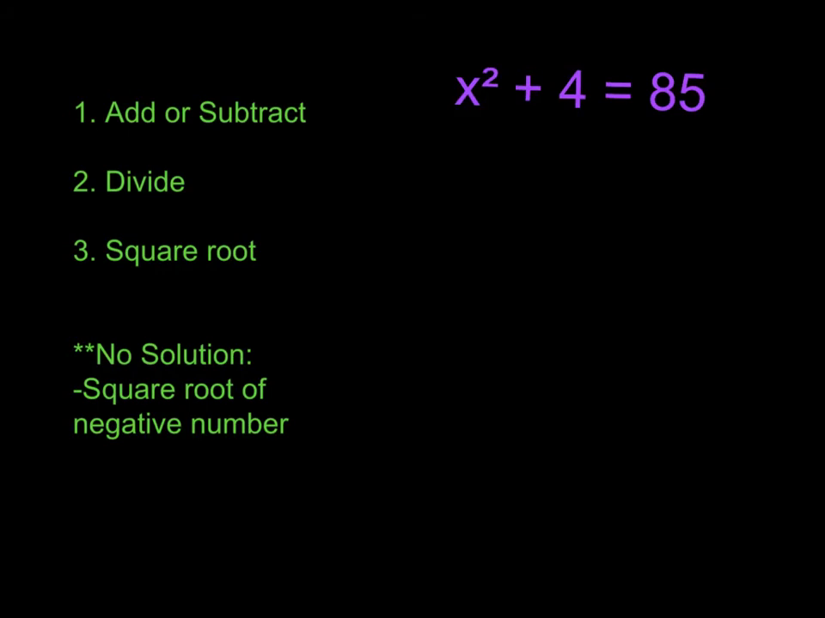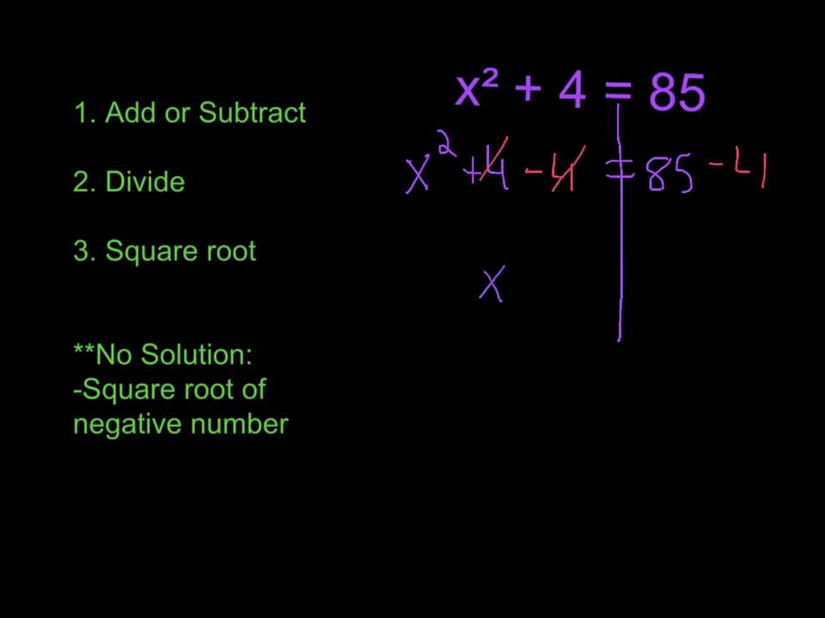Okay, here's the last example before we do the story problem. So let's just go through it quickly. x squared plus 4 equals 85. I want to move 4 to the other side, so I'm going to subtract 4 on both sides,